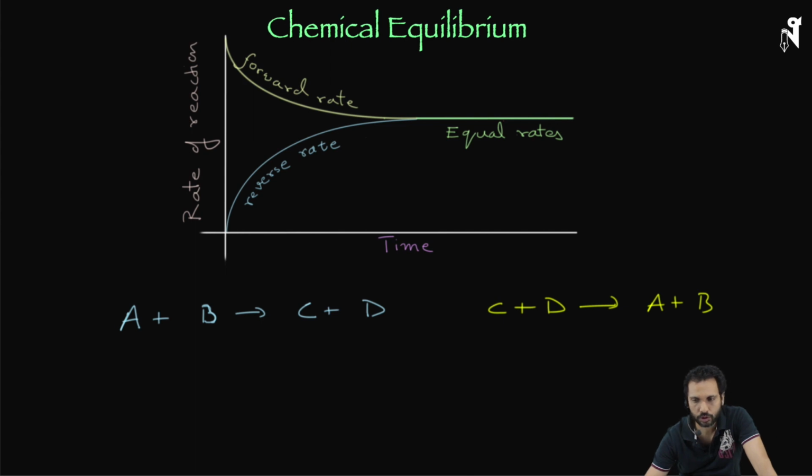Suppose that was A, B, C, and D. A amount of A, B amount of B, like 2 amount of A and 3 amount of B, something like that. C amount of C and D amount of D. So while writing back, the stoichiometric ratio would be the same, obviously. So it is C, this is D, this is A, this is B.